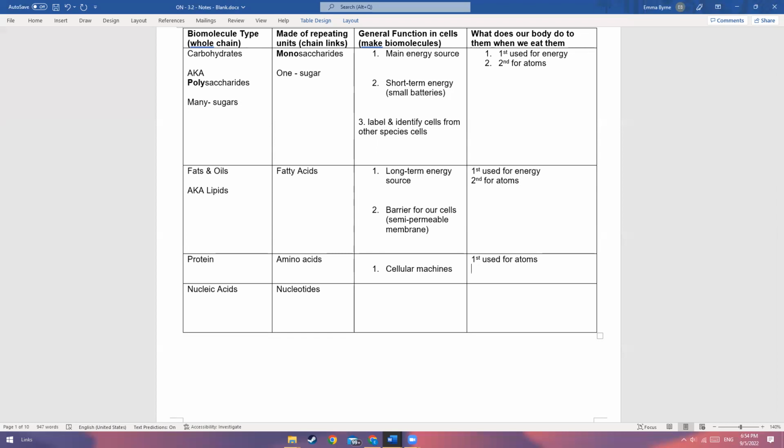And second, used for energy. So there's definitely less emphasis on either a short-term or long-term energy source. And when we say that we're using these proteins as building source material,